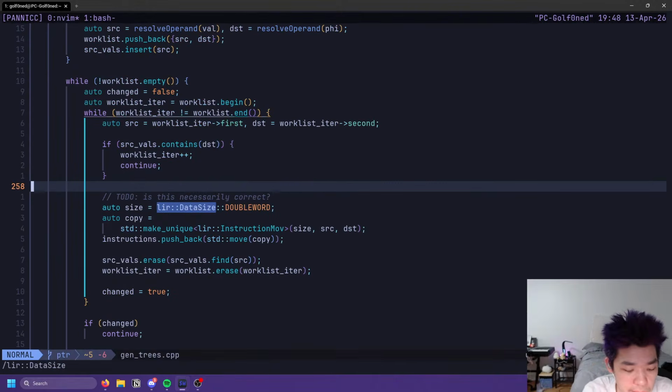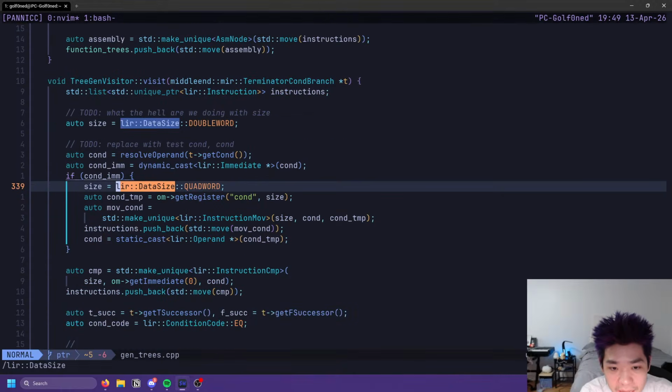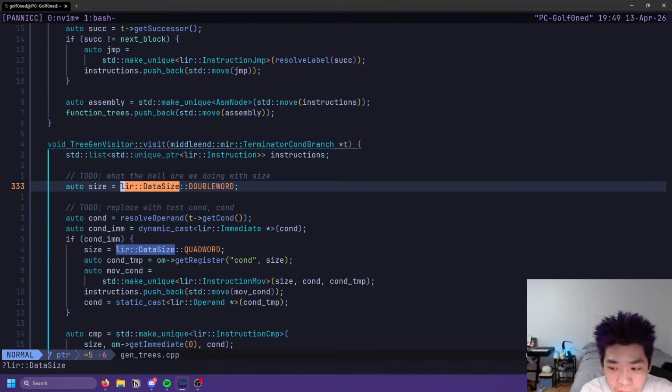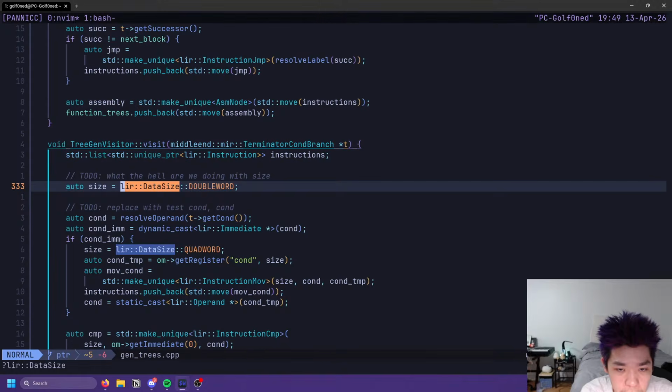We'll worry about this once it becomes a problem. Also down there, we'll worry about this once it becomes a problem. And then cond branch, I think we need to... Oh wait, no, this isn't generated in a parallel copy. And these shouldn't... What am I doing?